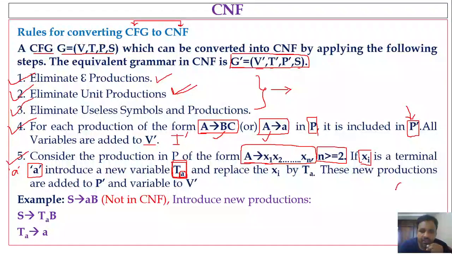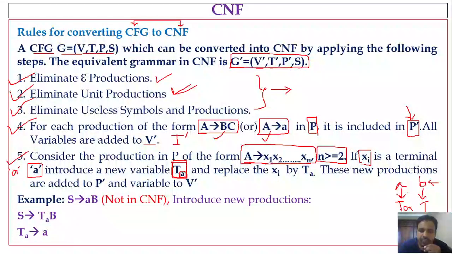So here we are replacing a, means this a is going to be replaced with a variable ta, right? So t base a means it is an indication that a terminal a is denoted by this variable ta, right? Same is the case if we are having a terminal b, you can replace that terminal b with tb. So by seeing this variable name you can directly figure out that tb is nothing but a variable which we have substituted in place of terminal symbol b, right?